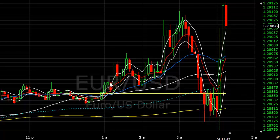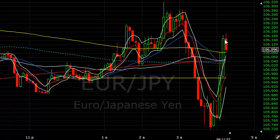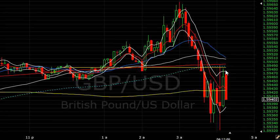So took that out, and now it's just a case of, okay, we're just going to have to sit back a little bit, because the euro dollar's actually made a new high here. Not that the euro yen has, and I do think that euro yen probably overall could well still roll over, but considering the strength of the rally we've just had at the moment on the euro dollar, then just want to be careful of that. Let's have a quick look at the pound again. Okay, the pound's done its 5 live, but